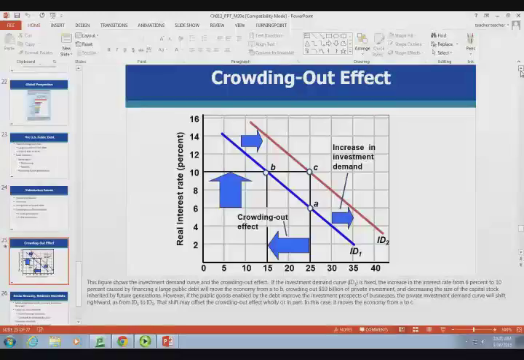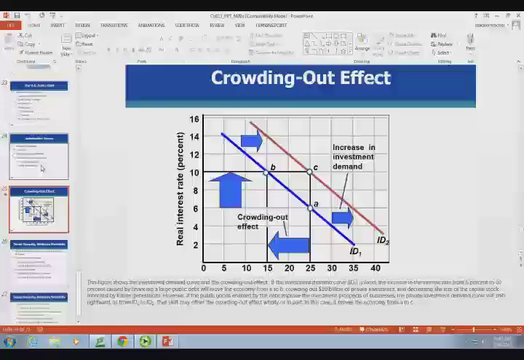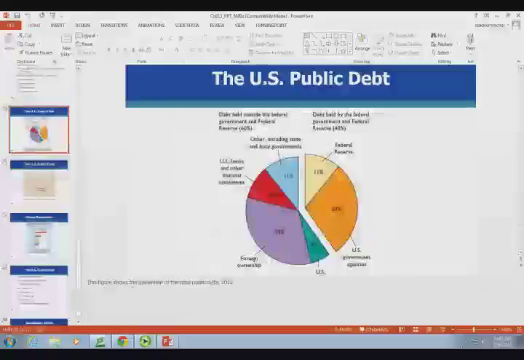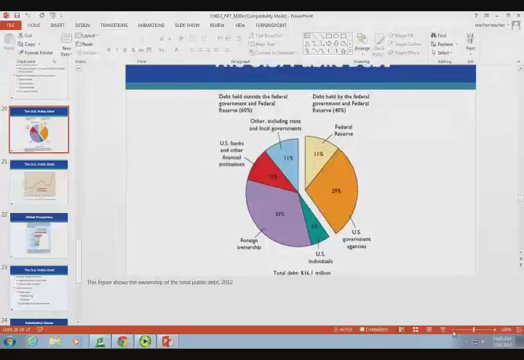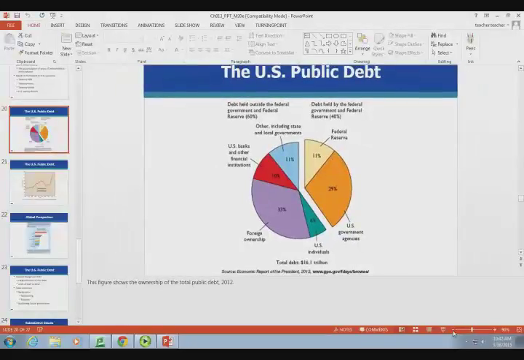All right? Now, lastly, I talked about our debt. So let's look at the big pie on page 302. Page 302. When we take a look at how much we owe overall, it's in the trillions. What is it, about 15 trillion? It's even more than that. Even more than that? Okay. So we have a big public debt in the United States.